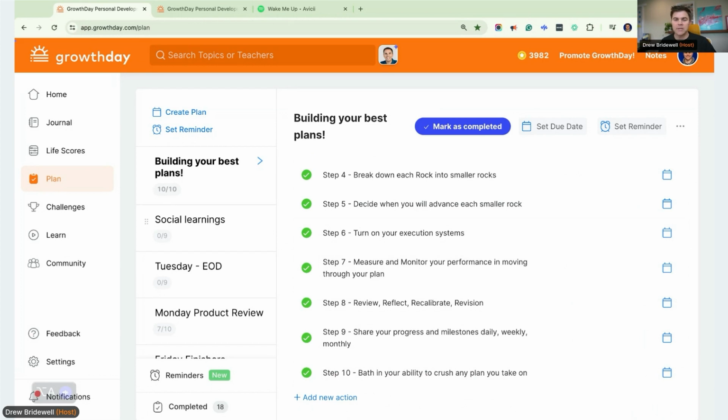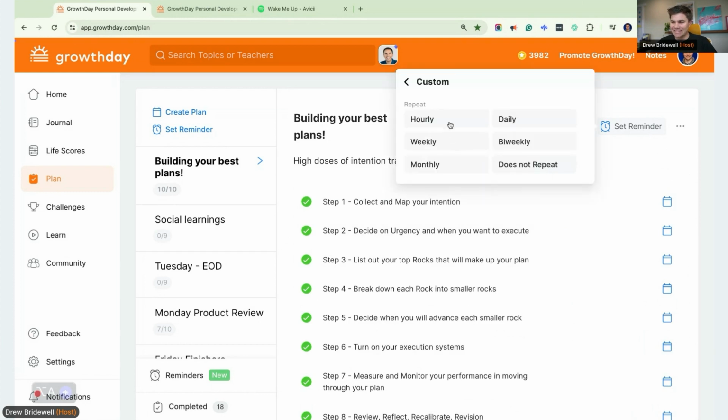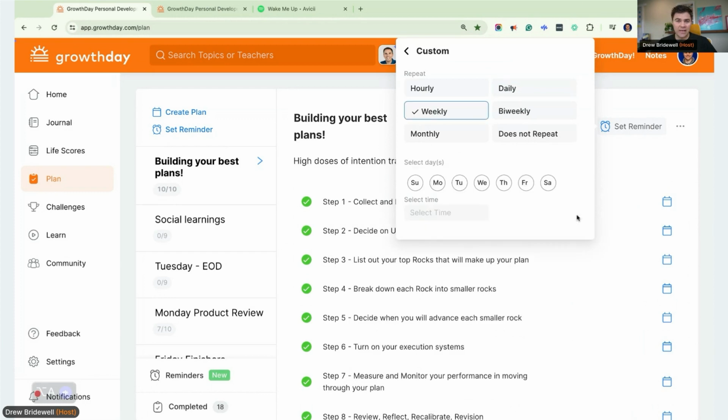So I just love the plan tool because for all of this work, if I wanted to make this a practice, then I could just set this reminder to get reminded about this every day at a certain time every day, and I could save it. Or if I want it to be every week, say, I want to become the world's best planner for product and design. It's my ambition.